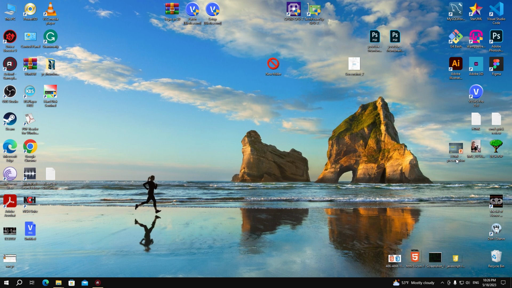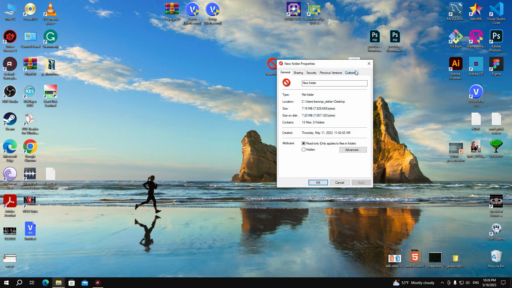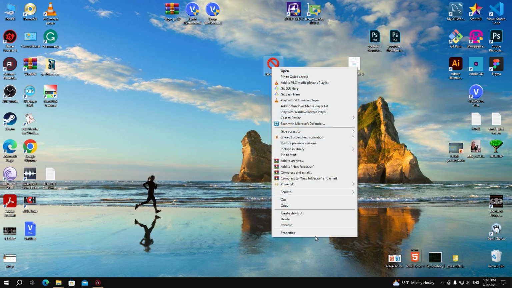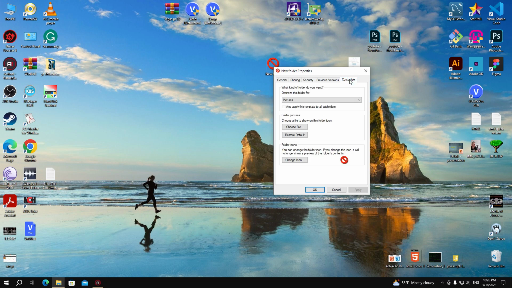But now is the question how we can change that icon to be, let's say, this picture, this image. Easy. Let's go again, properties. The process is same. I said the process is same. Yes, the process is same when we go right click and properties and go customize. But now we need to go to choose files,